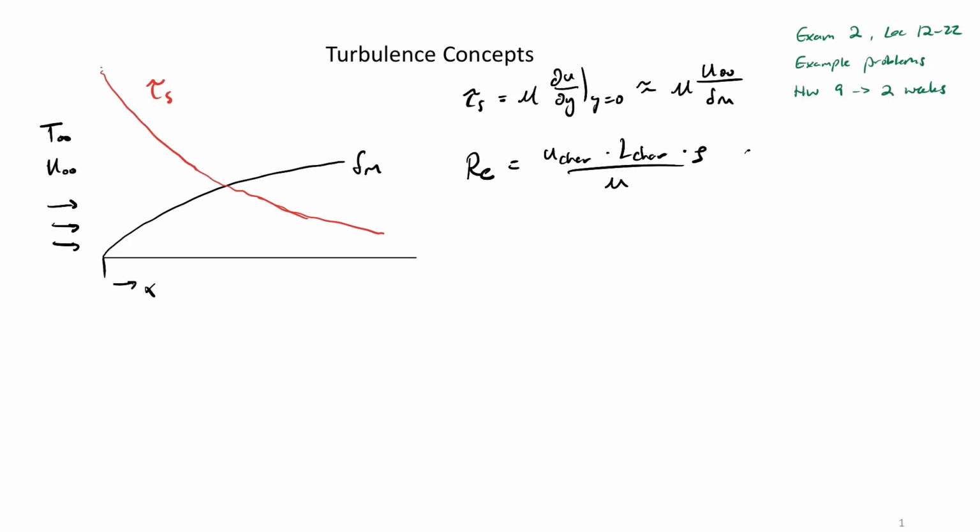And this is proportional to, not exactly equal to, the inertial terms divided by the viscous terms. Meaning, if I were to characterize how much viscous force is present in the flow, in the boundary layer, and characterize the inertial force present in the boundary layer, and take the ratio of those two things,